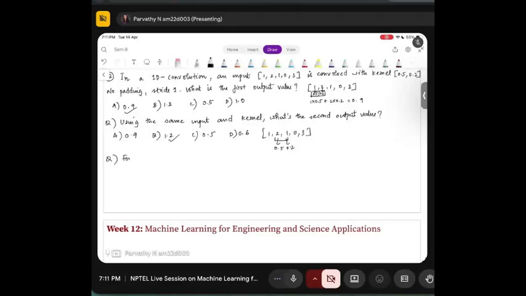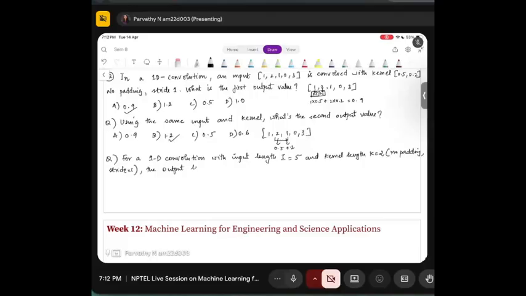For a 1D convolution, with input length I is equal to 5 and kernel length k is equal to 2, striding is 2. The output length is